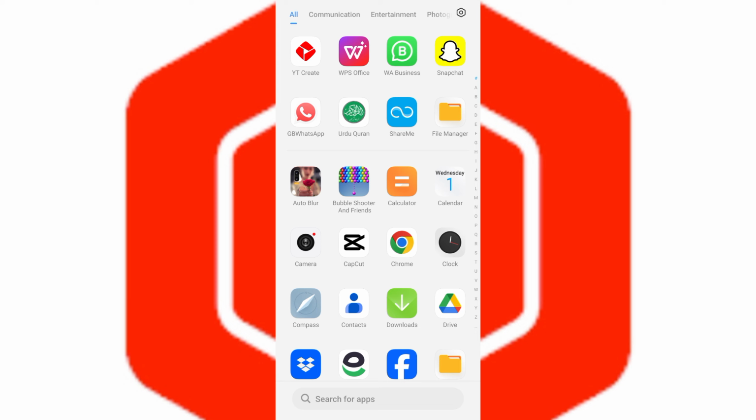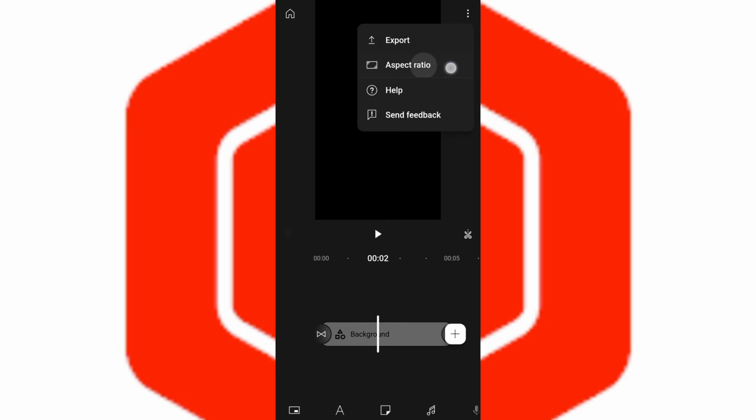So let's get started. Open the YT Create application, and you can see if I want to change the ratio of my video, I can simply tap on these three dots, and now you can see aspect ratio. Tap right here on the ratio, and from there you will have three options: 60